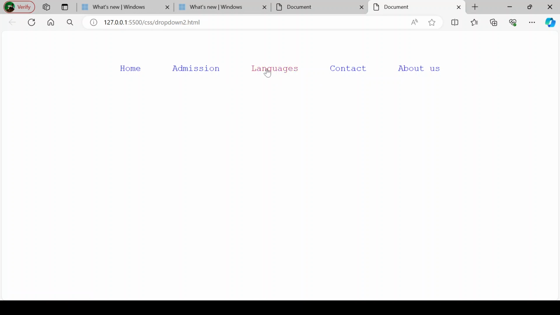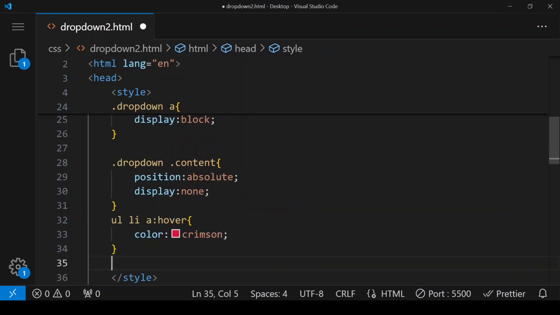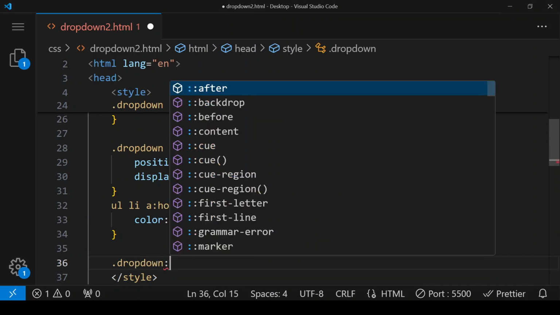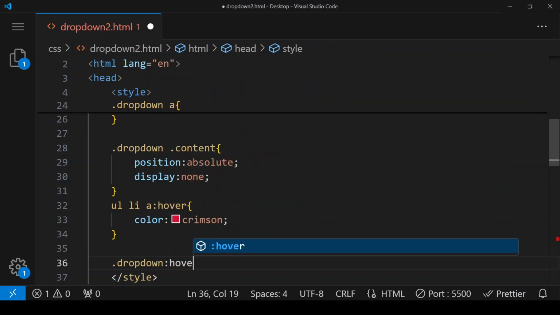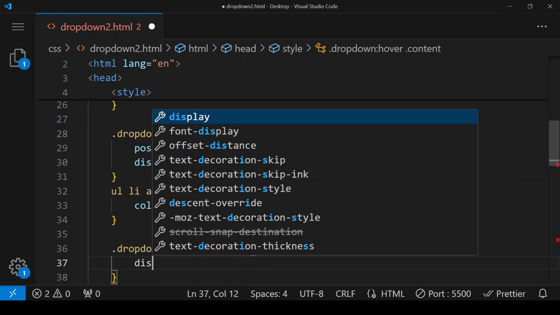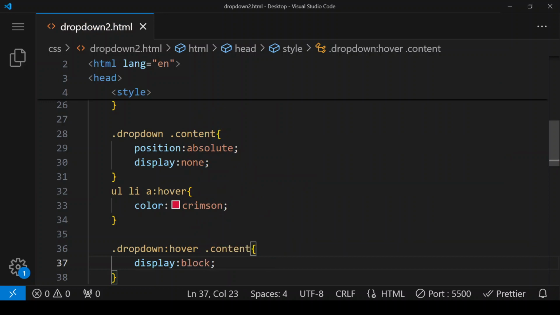Now, second thing, we want that whenever we hover over this language, it should display that drop down list. So here, dot dropdown, we have to hover, and we have to show the content. For that, we have to write display to block. Save, and